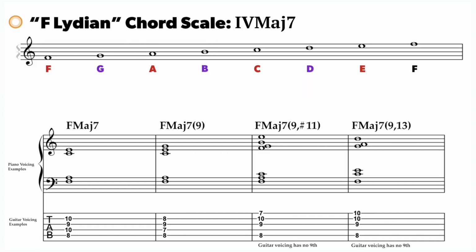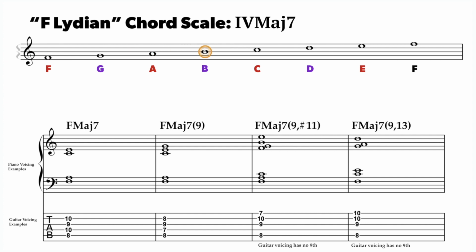Next, we have the F Lydian chord scale for our 4 chord, with the notes F, A, C, and E making up the F major 7 chord. The note G is a whole step or major 9th above F, so that is an available tension. The note B is also a whole step above A, and it is an available tension, but you have to also be careful with this chord because, again, that B now combined with the note F creates a tritone, which